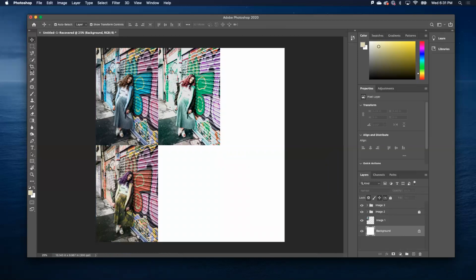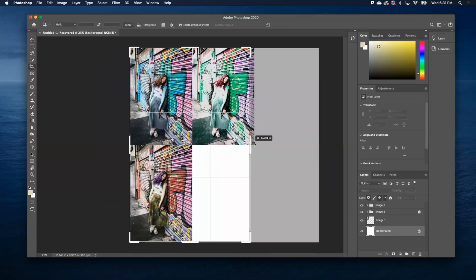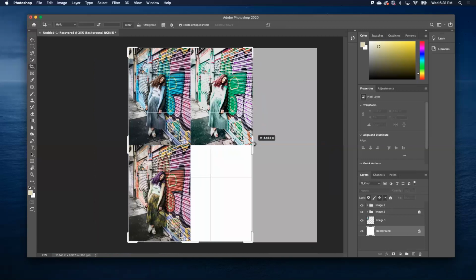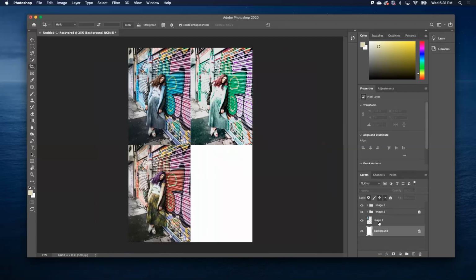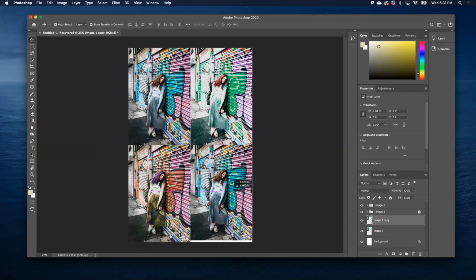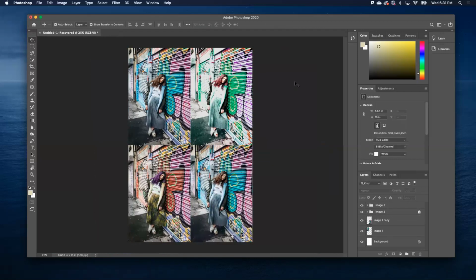I'm going to do my crop tool again. I'm gonna bring that closer to this edge of this image here. And let's make this a little bigger here. All right. Okay, I am going to make a copy of this again, Control J, and I'm going to drag this copy right there. So now I'm going to have 4 different images or 4 different edits that I make from one